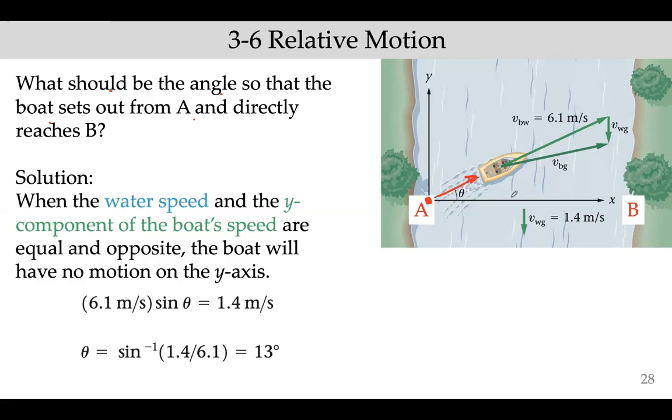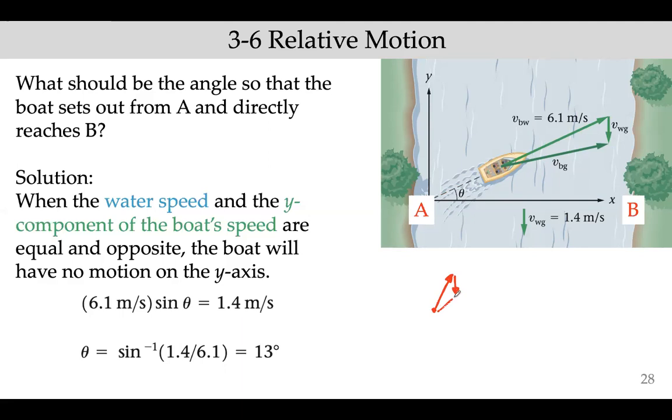But on the other side, I want it to reach exactly at this point. How is that possible? So you can think of maybe this way. If you aim in this direction with the boat, now if this is the boat velocity, boat with respect to the water, and there is some drift velocity because of the water, now finally you will go in this direction, right? That doesn't work. If you aim maybe this direction, and then if you add the water velocity, now what